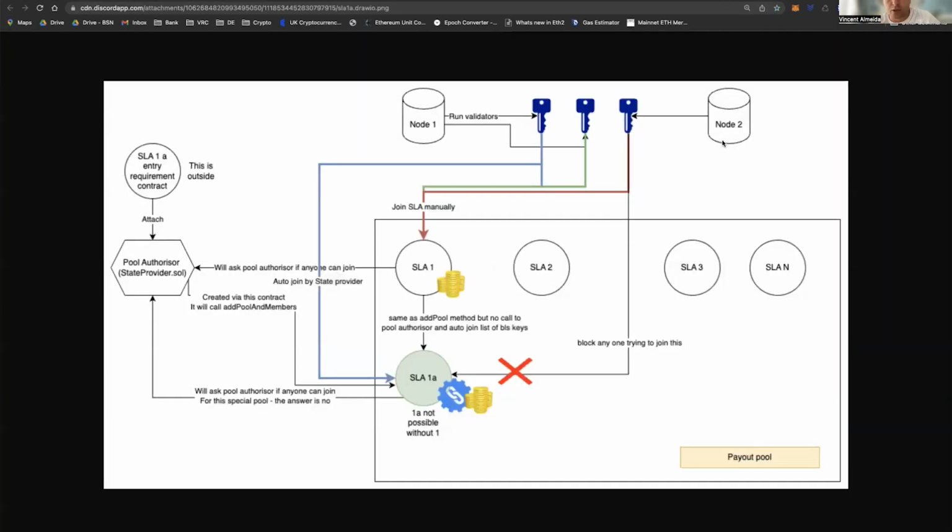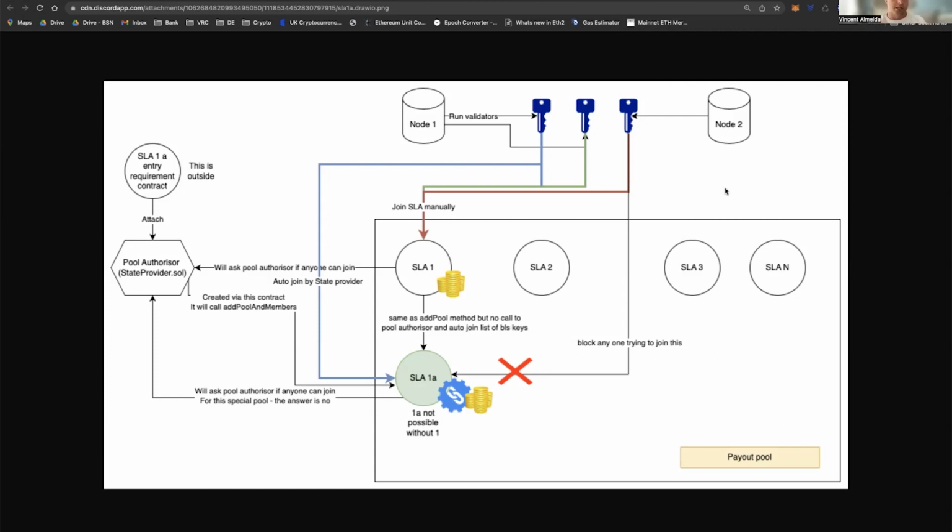But they may also incentivize their best performing validators. Say, for example, you imagine you're a node runner, and in this node it's got two BLS keys registered. So this BLS key registers to SLA1. This one is also registering to SLA1. So we have three keys registered here. Now, the SLA provider says, okay, there's these people, they're earning some coin, and let's imagine one of the BLS keys is outperforming all the rest,